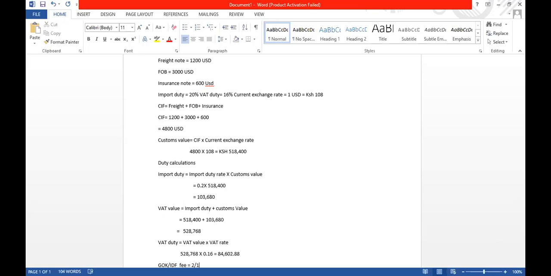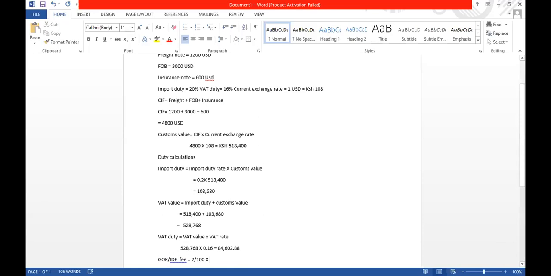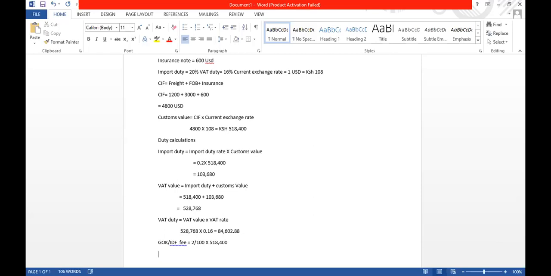of the customs value. Remember when we were starting, we had the customs value figure, and I think you can see it here. This was our customs value, that is 518,400. So we multiply this by 518,400. Now, when you multiply that figure,